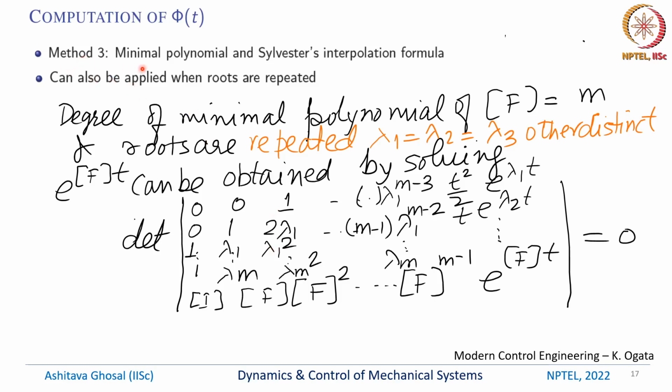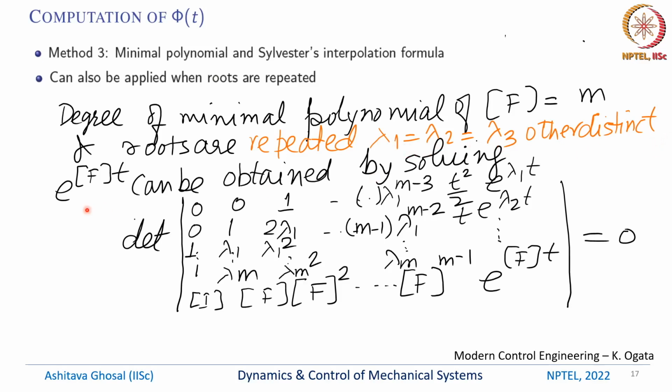This method of minimal polynomial and Sylvester's interpolation formula can also be applied when the roots are repeated. Again, I don't want to go into this. If anybody is interested, they can look at Modern Control Engineering by Ogata, or they can look at some advanced linear algebra book. So just as an example, if 3 of the roots are repeated, let's say lambda 1 is equal to lambda 2 is lambda 3, all others